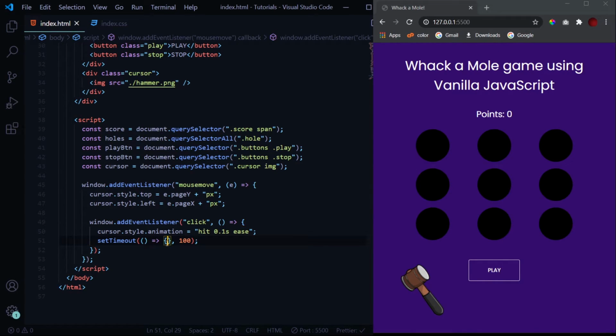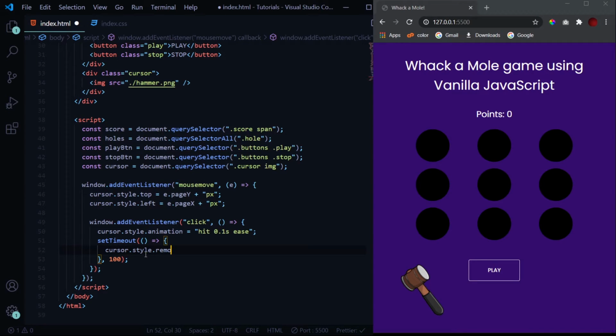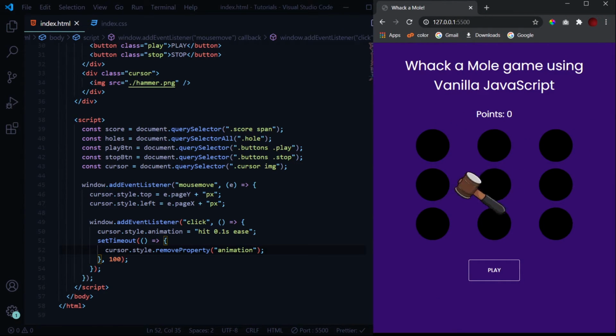The setTimeout function, after 100 milliseconds, will simply remove this animation by cursor.style.removeProperty animation. Now when I click, it is getting this animation multiple times. So this won't be a problem and it is working fine.